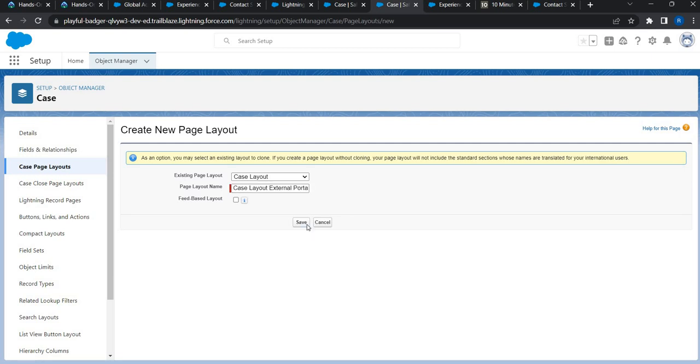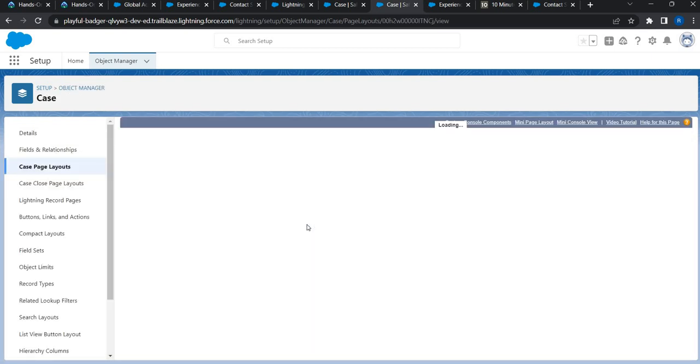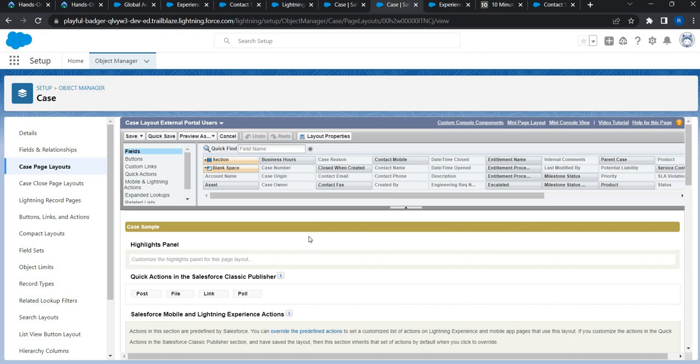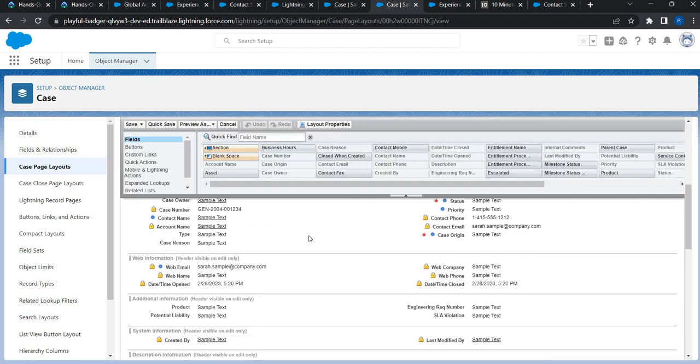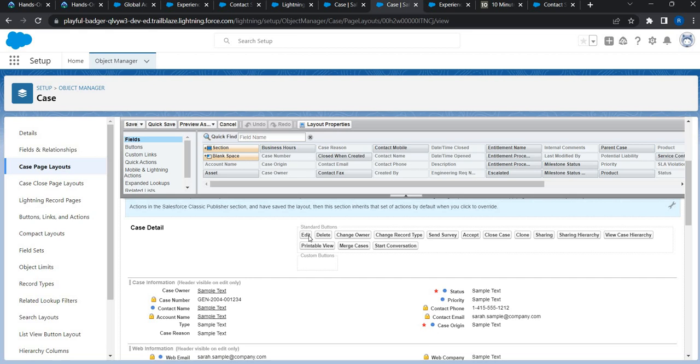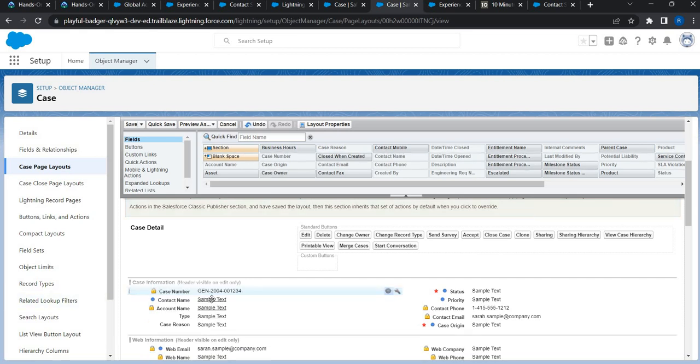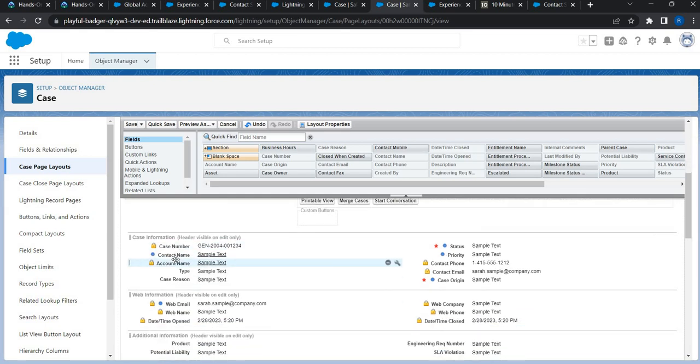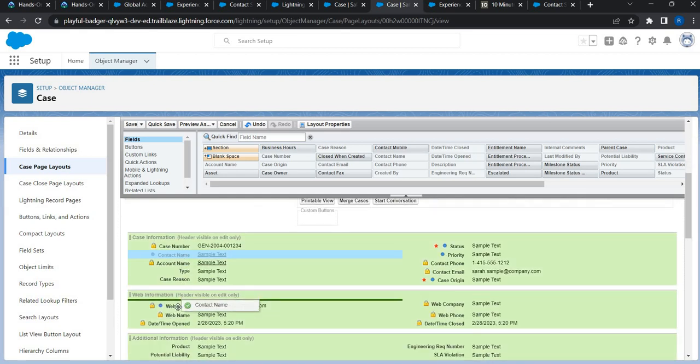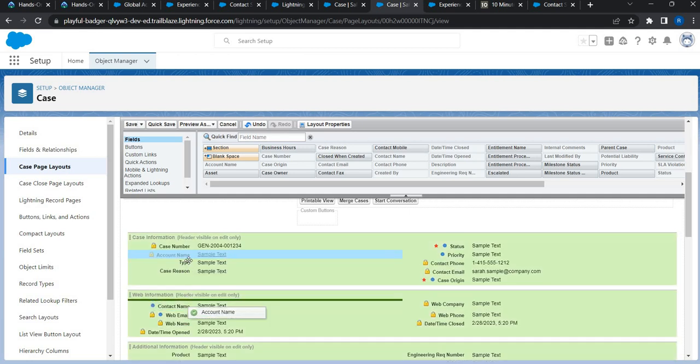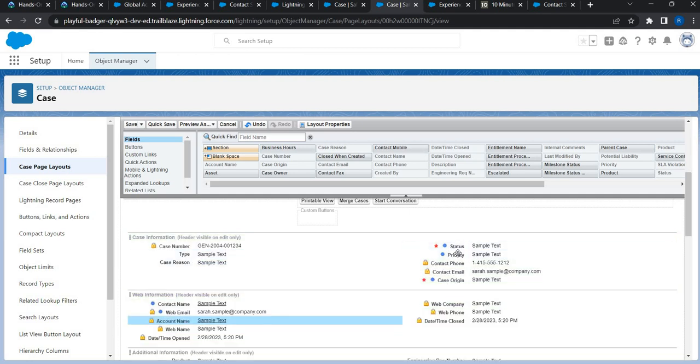We'll just say save. And now let's ensure this page layout contains only the fields that are needed for external community portal users. So we'll have the case owner, case number, we'll have the account name, contact name. I'll just bring it right here. We'll have the account name right here. Status is fine, priority, contact,